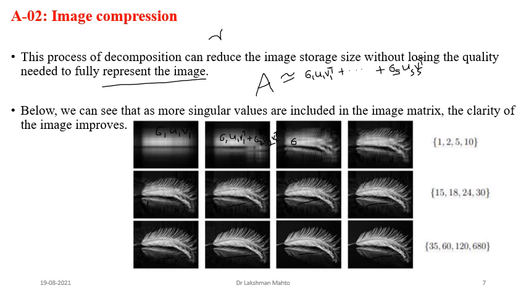You can see that this one is very near to the original one, while the original one takes very large memory space, but this one takes very little memory space. That is the beauty of singular value decomposition. You will get most of the information you are seeking from the image, the same as from the original. Likewise, this one is also very nice, taking just 120 singular values, that means 120 rank one matrices. So all these show the importance of singular value decomposition in image compression.